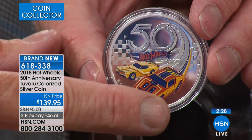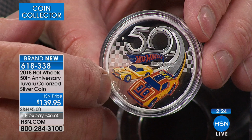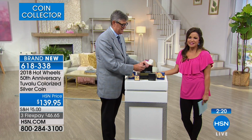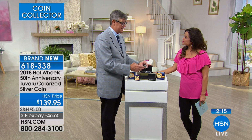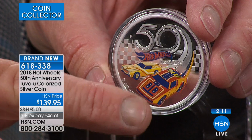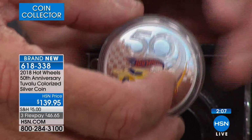So not only is it a beautiful piece and a quality piece of coin, obviously, but the fact that it resonates with so many people makes this an even more fun find. Isn't that fantastic? Obviously brand new, 50 years, of course done in solid silver, which is, like I said, an incredibly big deal. When you have the solid silver in that incredible limited edition, you have to understand,